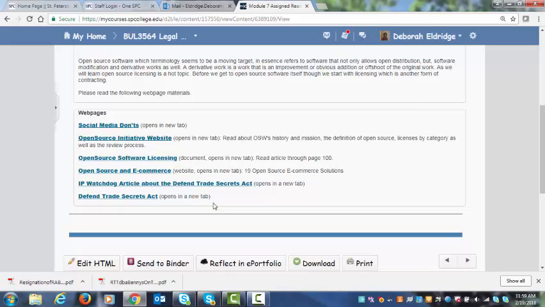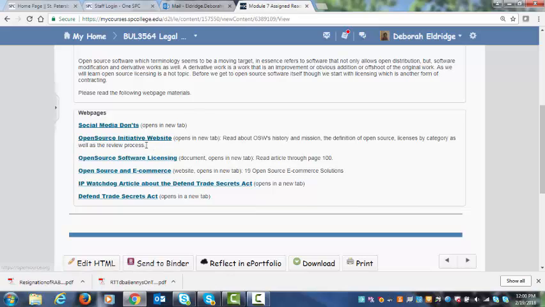We're also going to be introduced to open source. Open source is very important from the standpoint of not just intellectual property because it's open source, which means everybody can utilize it, but also from the standpoint of how does it affect contracting and contractual terms, because there are cases out there that discuss and in fact have to do with breach of contract rights when someone goes beyond the scope of what's permitted by that open source. So pay attention to those readings.